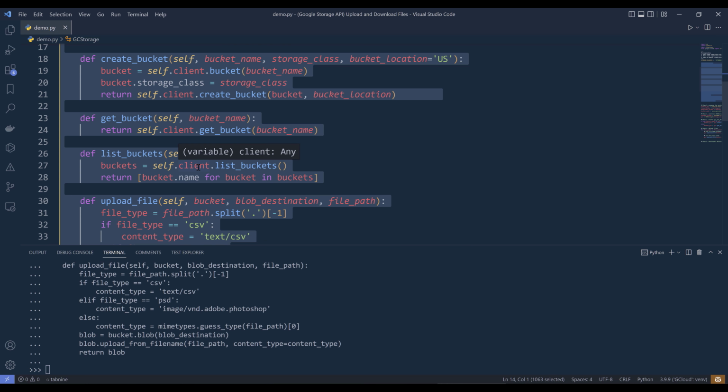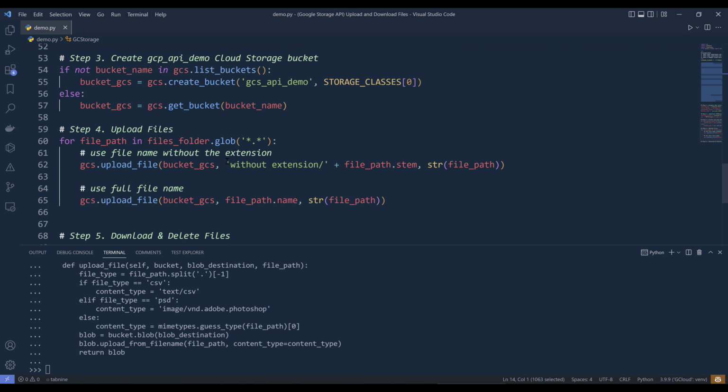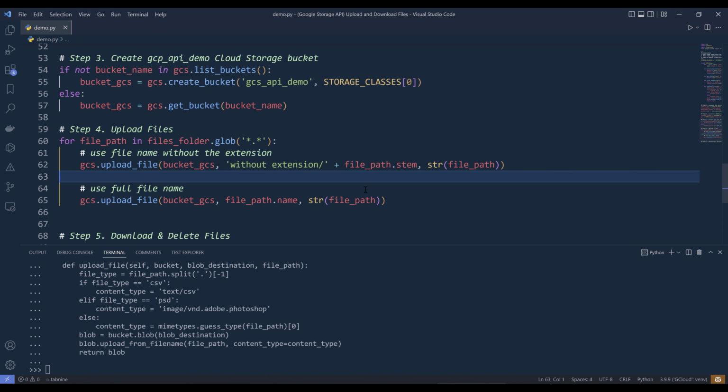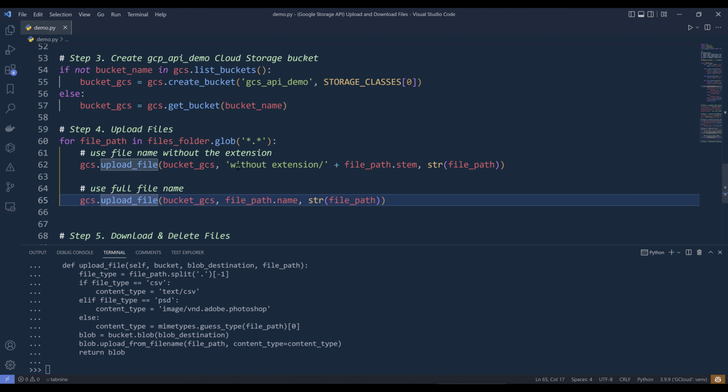Alright, so let's go ahead and run the upload files operation. Inside this loop, I'm uploading the files from the My Files folder. And I want to upload the files into two different formats. One is without the file extension, and one is with the file extension. Now if I go ahead and run this loop,